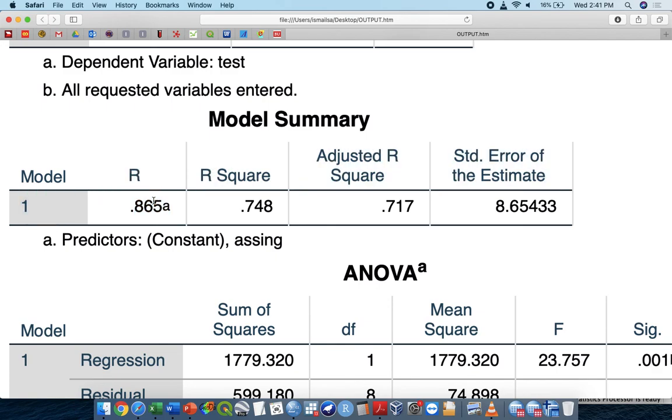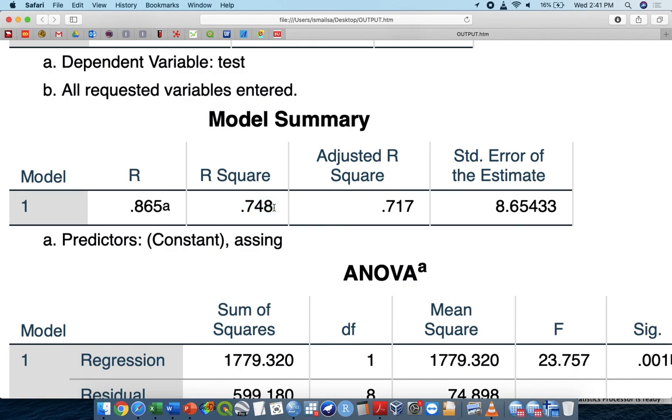This R is actually talking about the correlation coefficient. So the higher the value, approaching one, indicates that it is highly correlated, right? Okay, that you learned already in your correlation section. Now, the most important thing is actually looking at the R square. This is the R square,